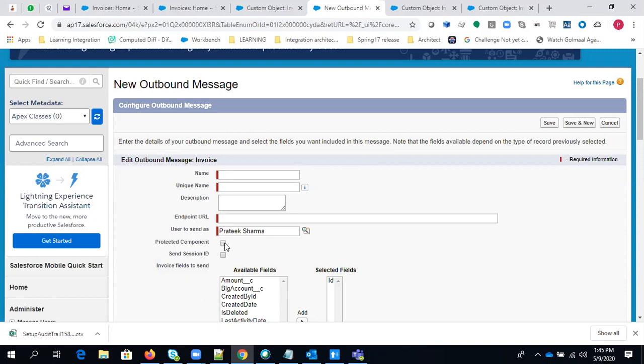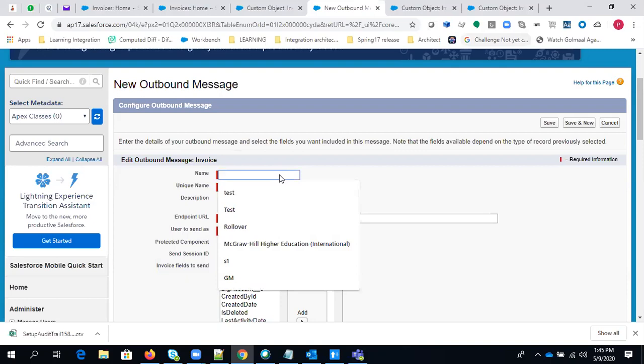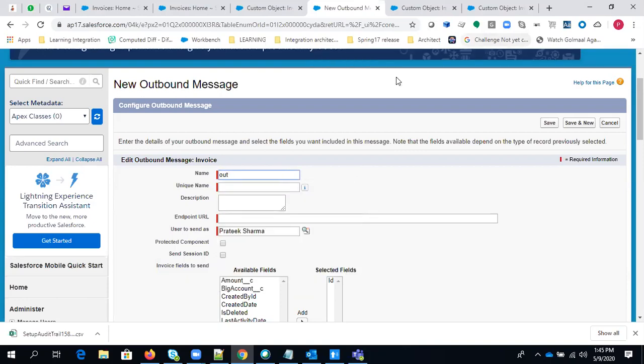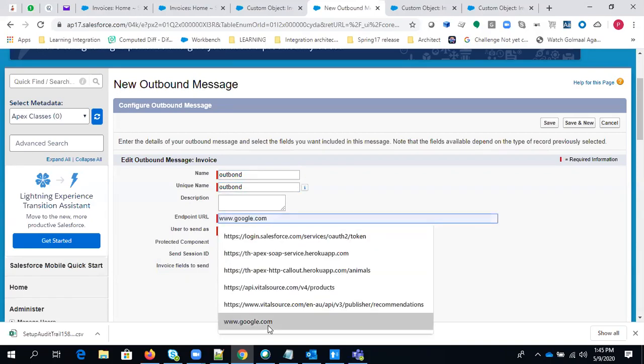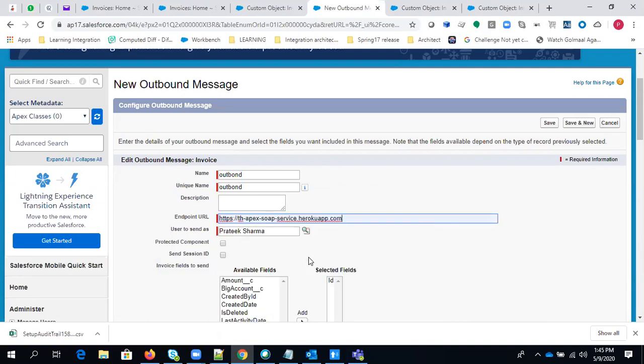So I'm giving a name, unique name, description if you want, and the endpoint. The endpoint will be given by the third party application, so we are just using a dummy endpoint here.